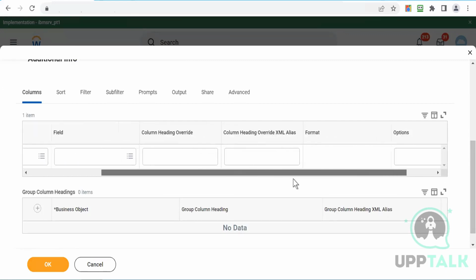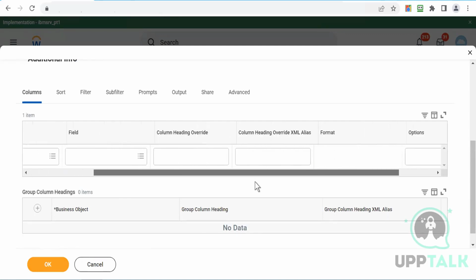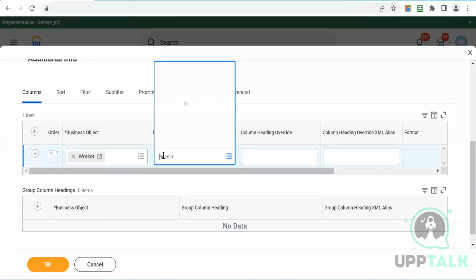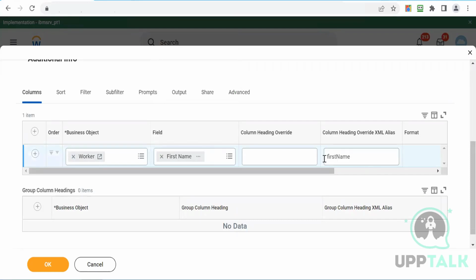So do you notice a change in this? Do you see anything that got added here somewhere? Yeah, this XML override. Yes, so this is something new. So let's add those fields again. Okay, you see this gets automatically coming up here, right? Why is that? This is because